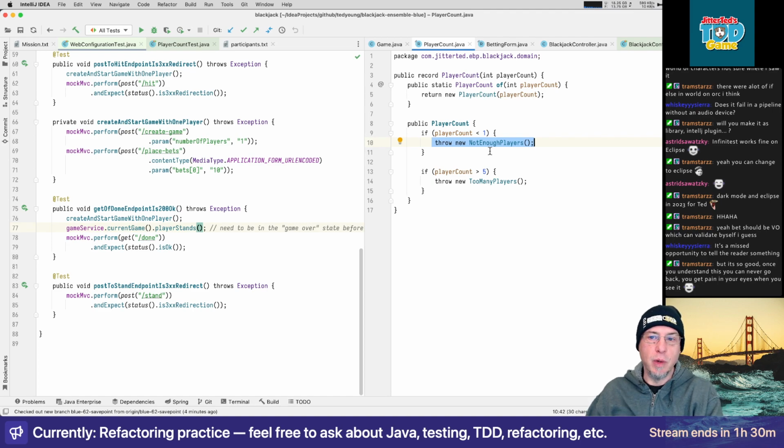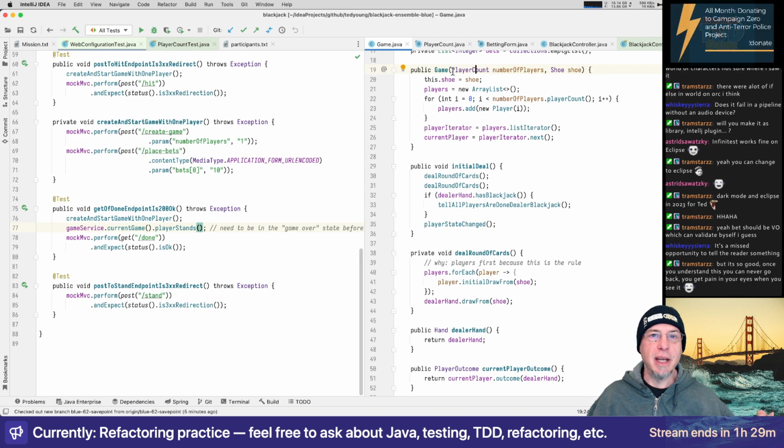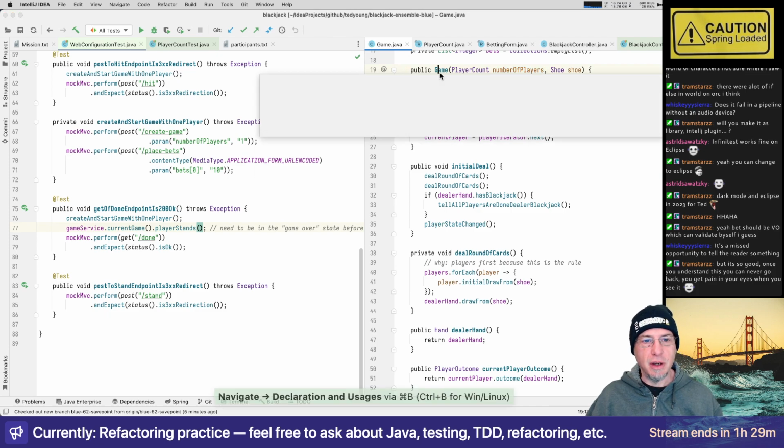And what this does is not only protect us from, now in this constructor, I don't have to check to make sure that player count is valid. I just accept it, and it's by definition valid because you wouldn't have been able to create it unless it was valid. The other thing is it makes it clear, right? Sure, the parameter name tells you what it is, but when you're on the call site,